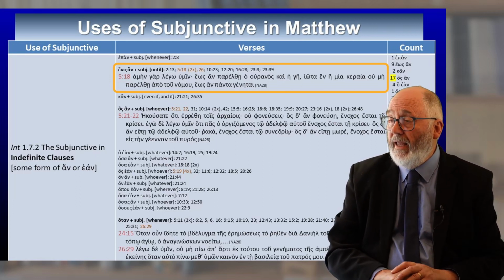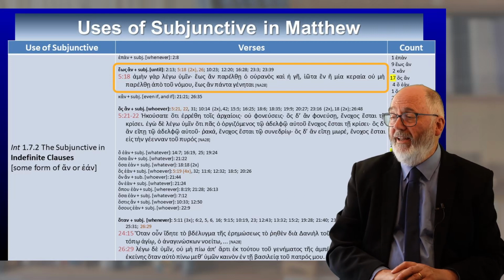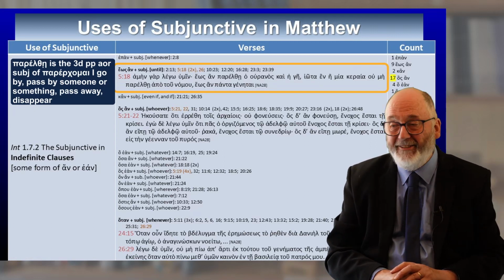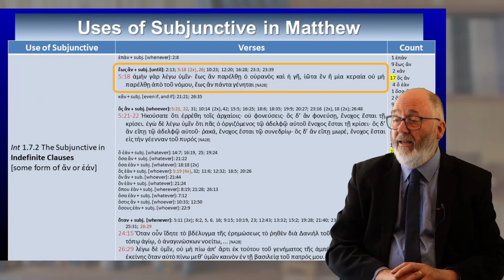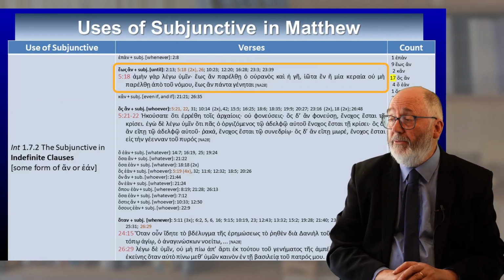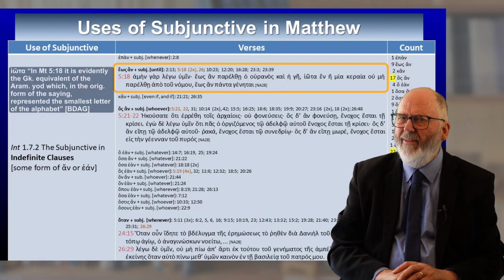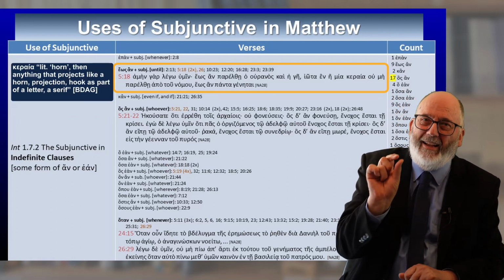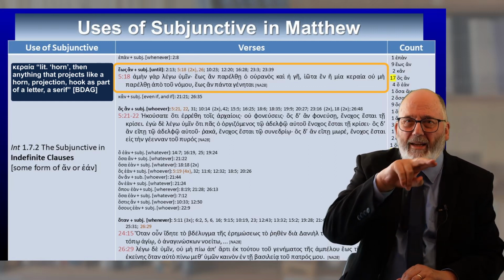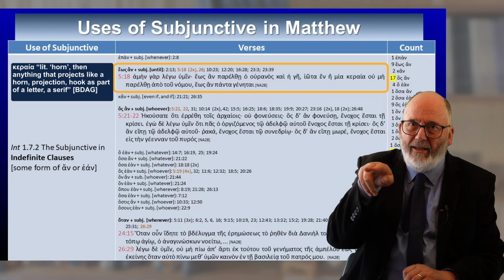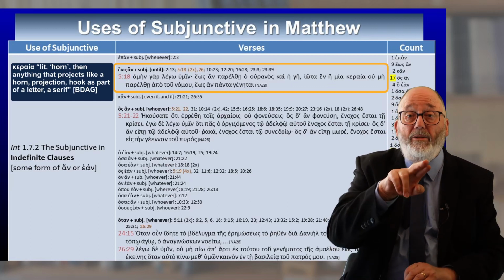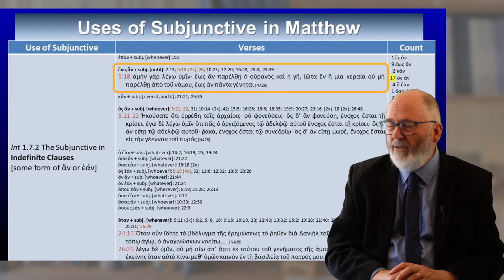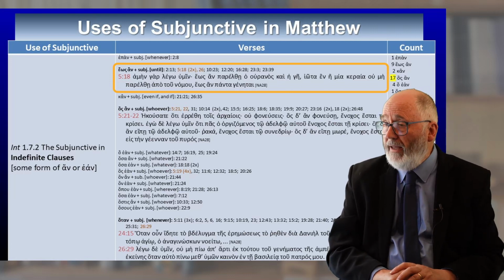We've got heos an parelthe ho ouranos kai he ge, until heaven and earth pass away, because heos an means until. Starting at the beginning, truly I tell you, until heaven and earth pass away, iota hen, one iota, or one keraia. Keraia is a small part of a Hebrew letter that distinguishes it from a letter with a round corner and a letter with a corner. One means an R sound and one means a D sound. So, until heaven and earth pass away, not an iota or a smallest part of a letter,